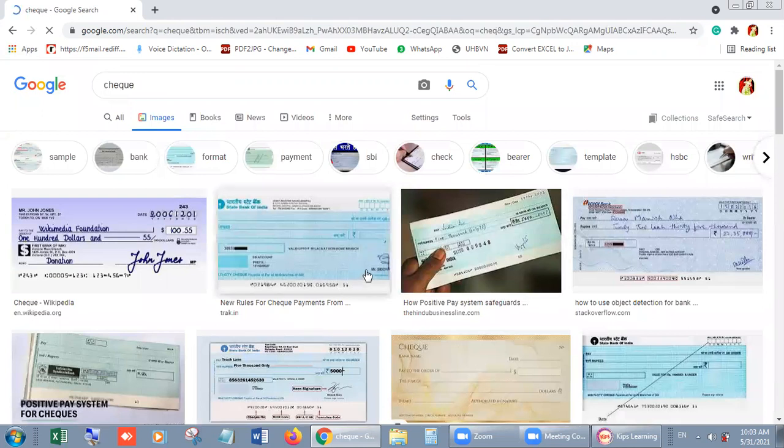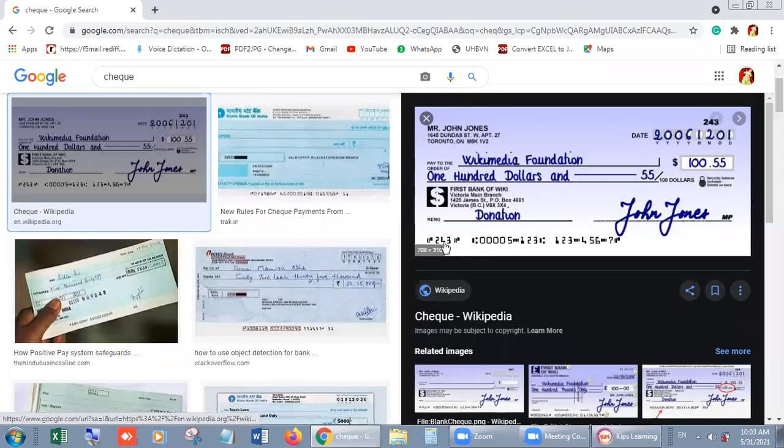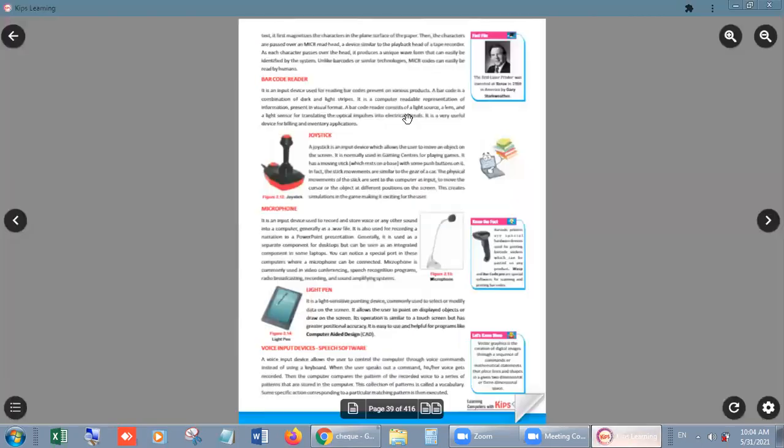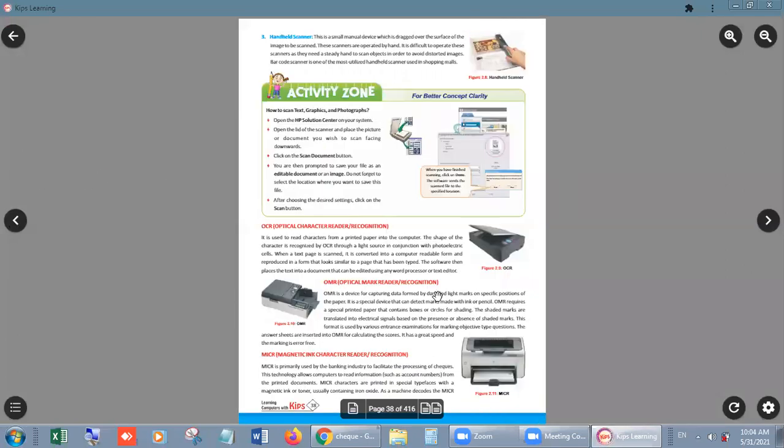Look students, this is the check, and these are the magnetic letters. These can be printed with magnetic ink. To read this kind of data, MICR is used. This is MICR.